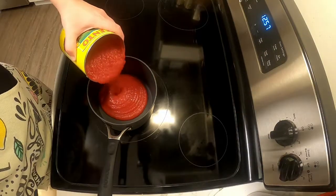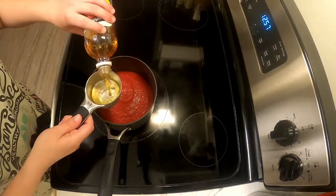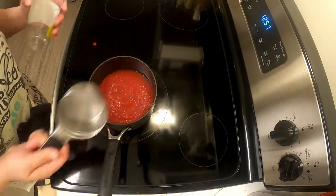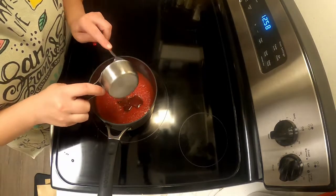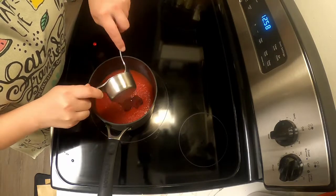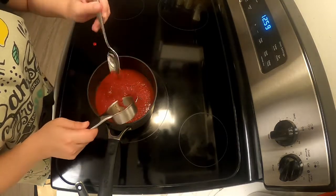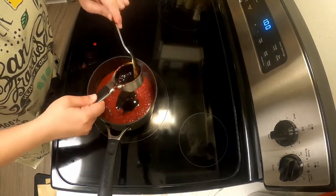And I'm going to make some barbecue sauce. I'm taking about 15 ounces or so of tomato puree, a half a cup of apple cider vinegar, a third of a cup of honey, 1/4 cup tomato paste, 1/4 cup molasses,